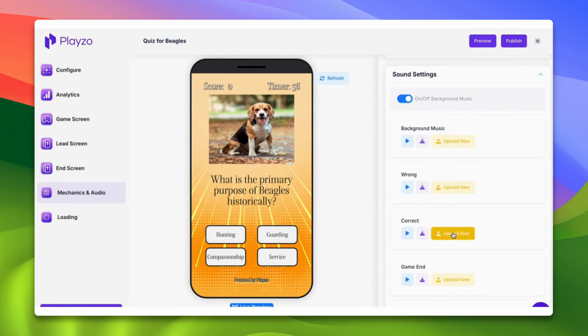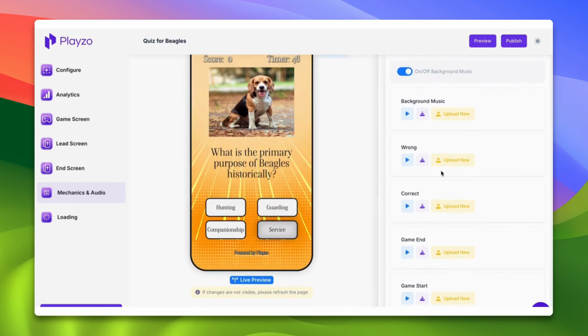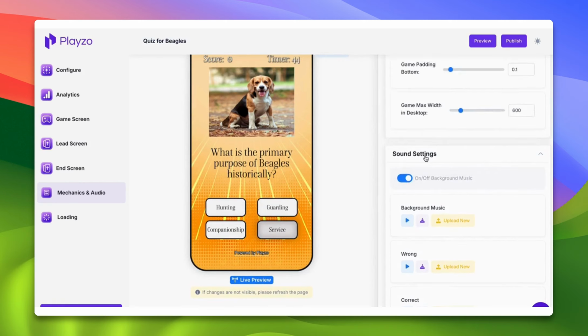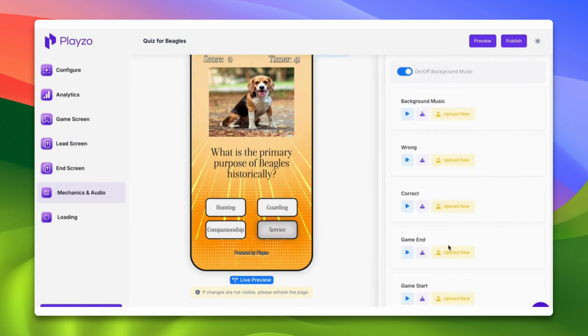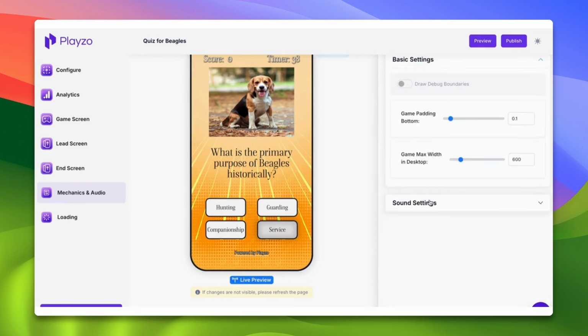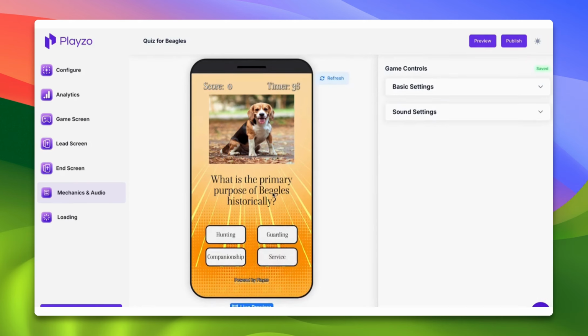Oh, there's one critical feature we almost missed, which is frequently requested by users. You can assign a sound effect for correct answers and another for incorrect ones, as well as for game over. You can add any sound you like, and soon, we'll introduce a library of sounds to choose from. For now, you can upload your own sounds. Currently, I've muted the sounds, but you have the option to play background music and add sound effects for a